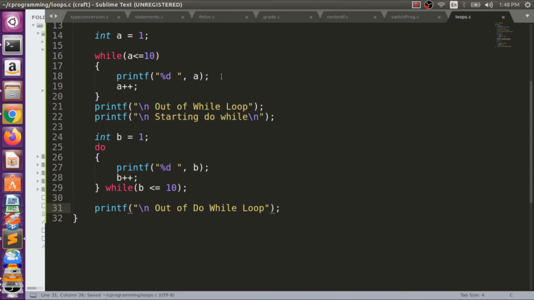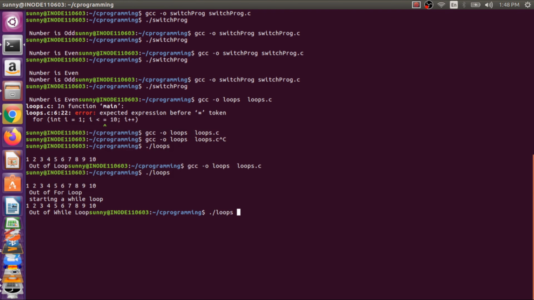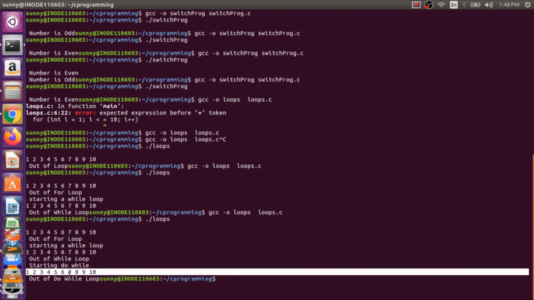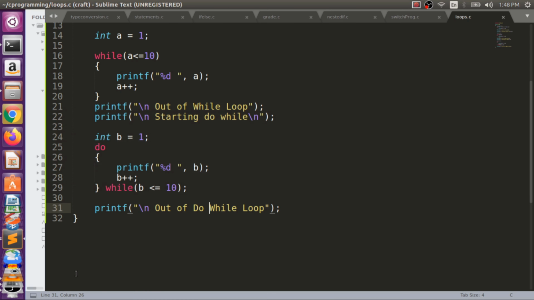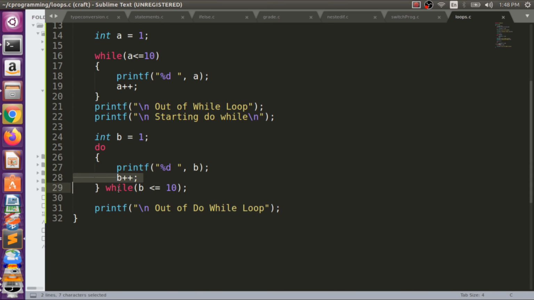So you guys can see here. We will execute this program and we will see the output. So you guys can see now, in the case of do while, what are we getting? We are getting 10, right? Output is similar. Why? Because when b becomes 10 and we print b as 10, then b becomes 11 here, and now we check the condition and it will go out of that loop. For example, we will print here 11, right?